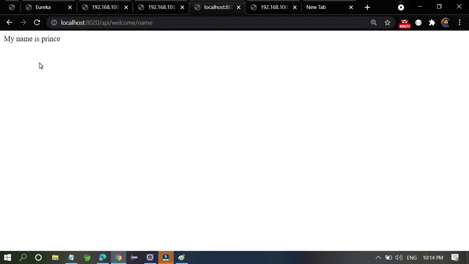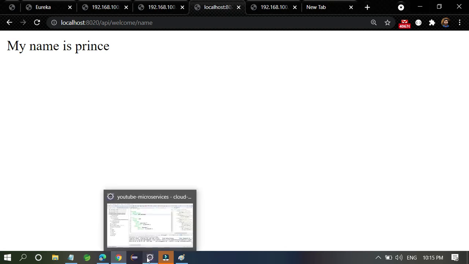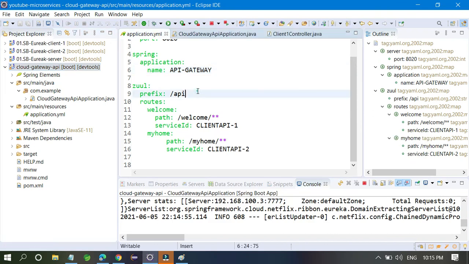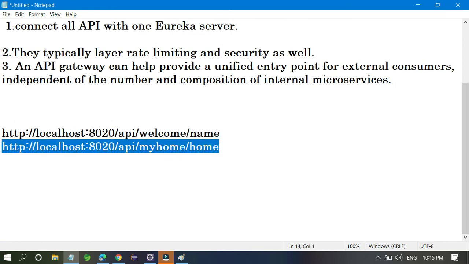Okay, oh my god, it's my mistake, guys. Sorry for that. Actually I had added all those things, but I had not refreshed it. So that is the problem. Once you have done everything, please run it again, otherwise you will be confused. Whatever URL I have put, you can access through all those things.